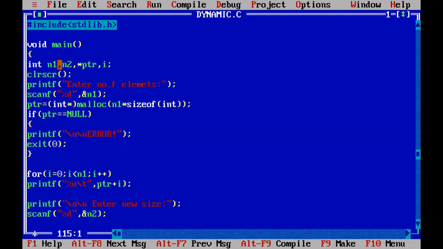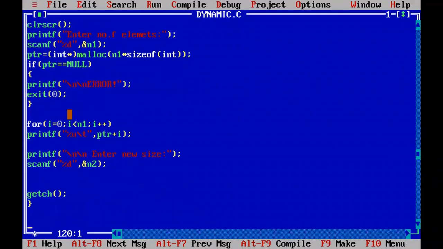Now you know for how many extra elements you are going to add, that number you captured into n2. So now by using that extra size, again use the realloc function instead of using the malloc function. Realloc, for continuation of these 5 elements associated with this ptr.